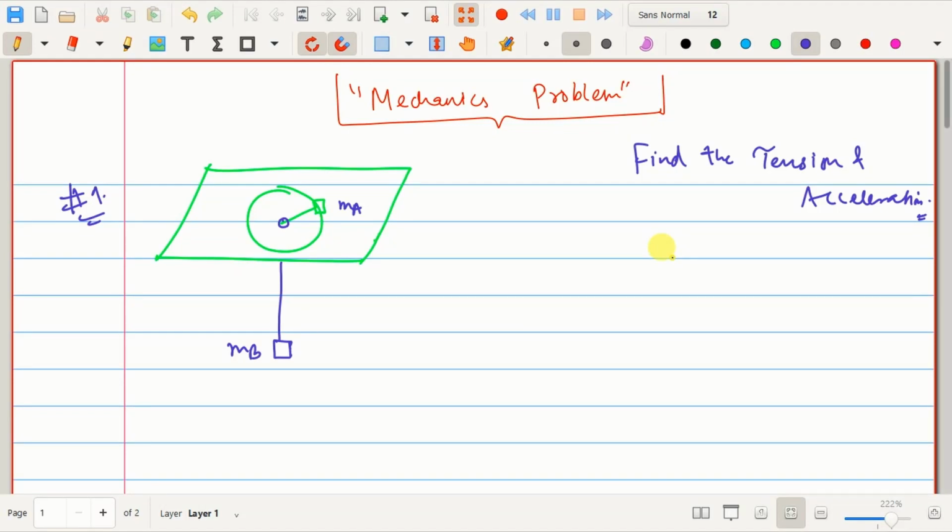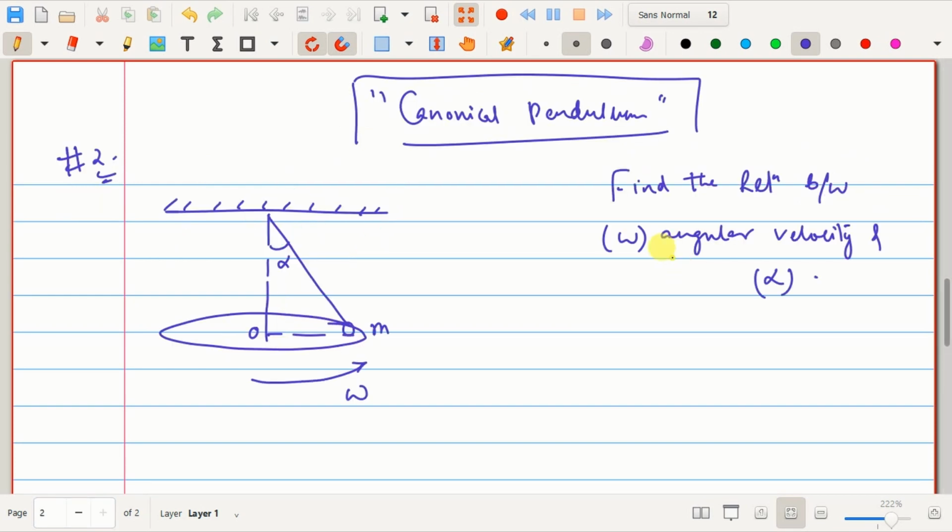In this video, we are going to solve two important problems in mechanics. In the first problem, we have an arrangement like this, where MA and MB are tied with a string, and MA is moving in a circular motion. In the second problem, we are going to solve a famous problem named the conical pendulum problem, where the mass